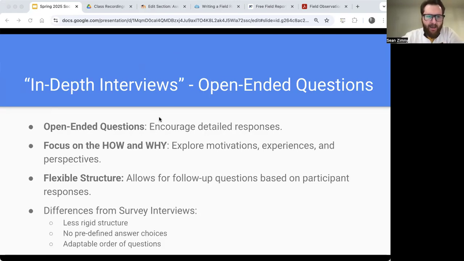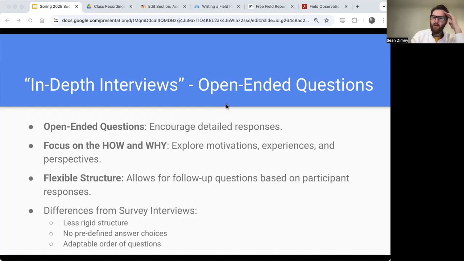All right, in-depth interviews, open-ended questions. Remember, prioritizing in-depth, open-ended questions, asking the how and the why, not just the yes or no types of questions. So defining in-depth interviews. We already talked about that, right? They're a qualitative method designed to explore those complex ideas and experiences and perspectives, and they include open-ended questions. Open-ended questions encourage respondents to provide detailed and elaborate answers. So instead of a simple yes or no response, open-ended questions allow for deeper insight into participants'